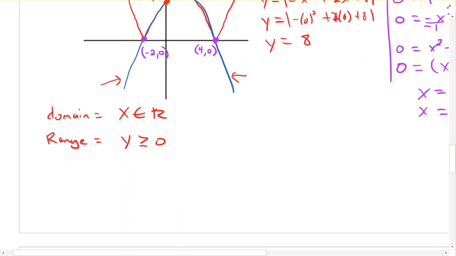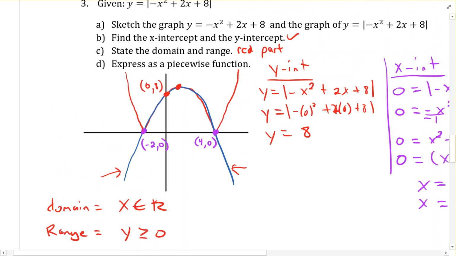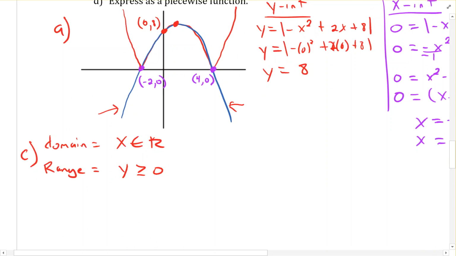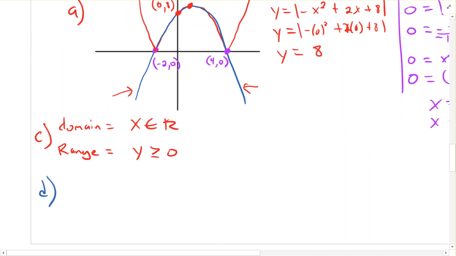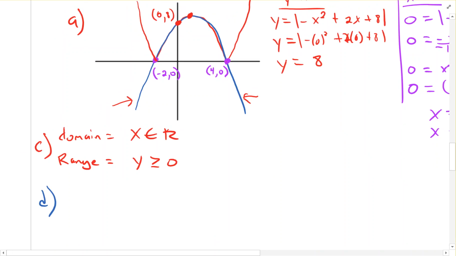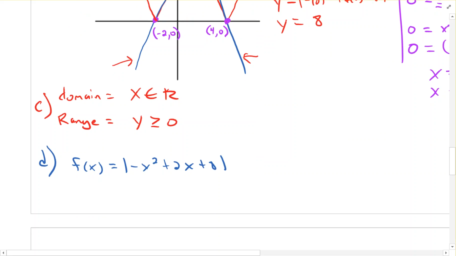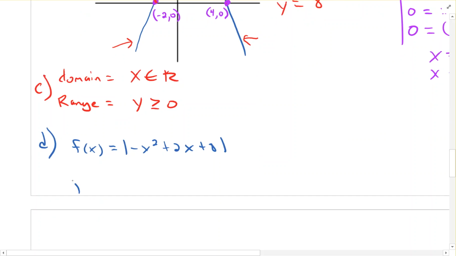Okay, and then the last part here, D. Maybe I'll put letters on these again. So that was part A, part B, part C, and then part D. So for part D, let's just grab our original function again. I'll say f of x, you see this more often as you get to higher level math. f of x is equal to the absolute value of negative x squared plus 2x plus 8. A different way of writing that is f of x is equal to,